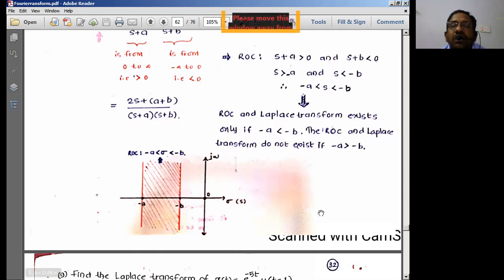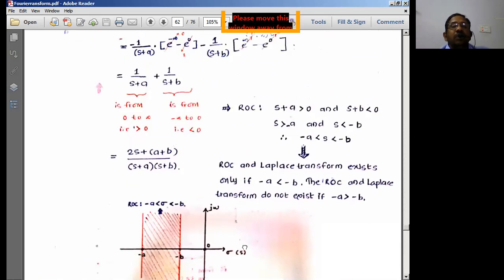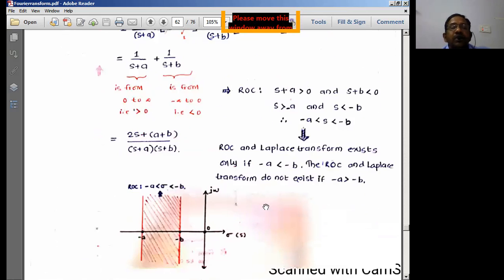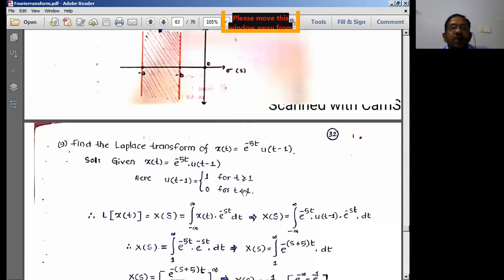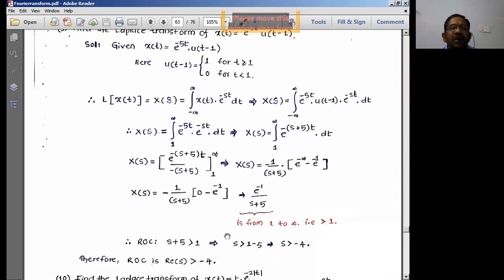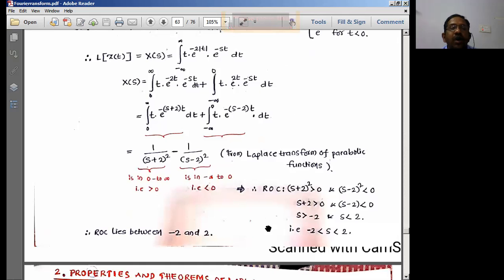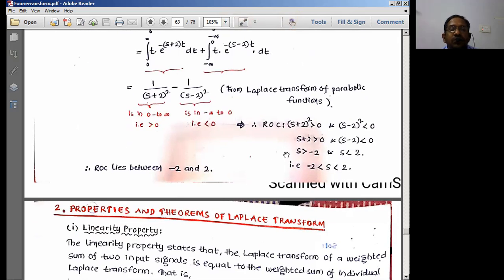So this is a case which is very important for us, a special case to represent the same Laplace transform with different ROCs. So with this, we come to an end to the problems on the ROC, and other problems you can solve on similar grounds. So I can take this as homework. Anyway, I'll share these notes with you all. You can simply solve these two problems as a note.